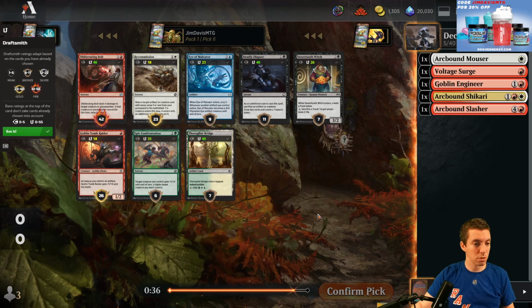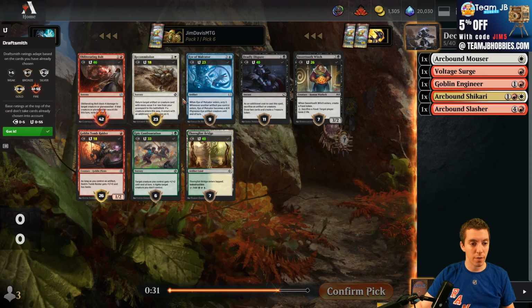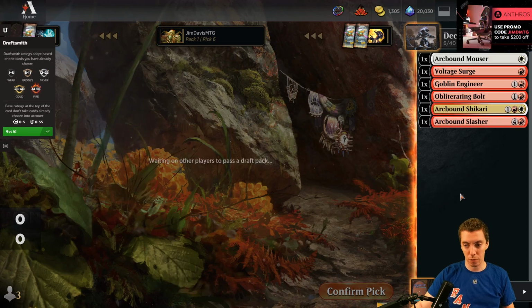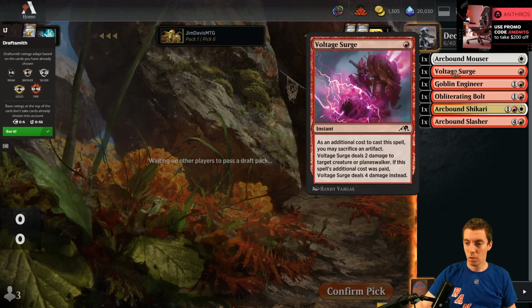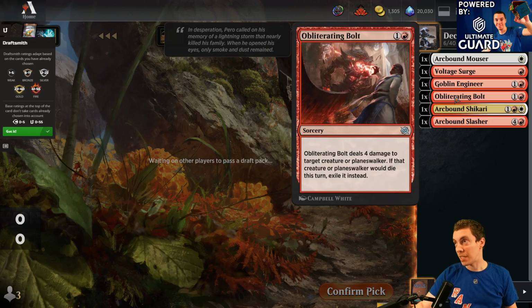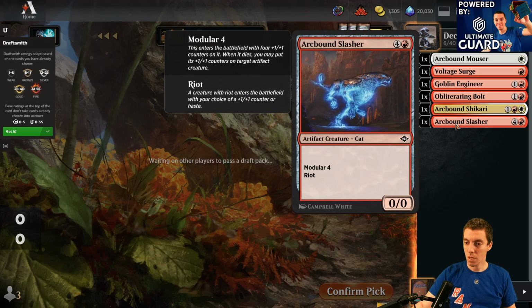Obliterating Bolt. This card's just good. What's this card doing in here? Tomb Raider, Recommission. Yeah, whatever. There's counters and stuff, right? This card's cool, but Bolt is too good, I think. So this is a limited format. This is definitely not a queue. It's more like a regular limited format. Unfortunately, we've not seen much white. We passed the Mouser early, so we could end up being different colors. With all the artifact tap lands, it's kind of incentivized a little bit to play different colors. So Arcbound...